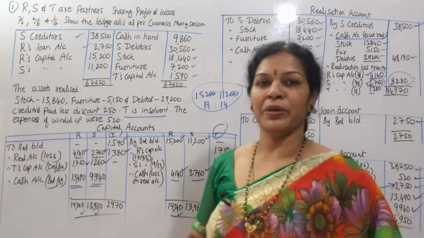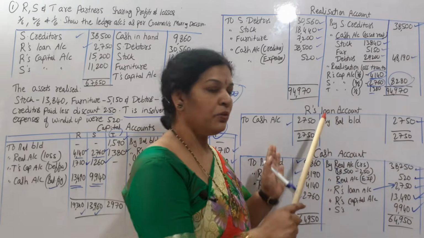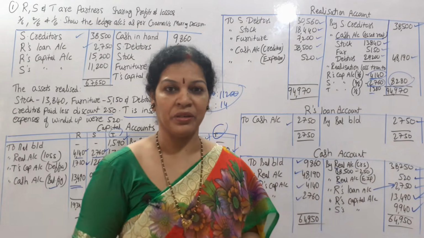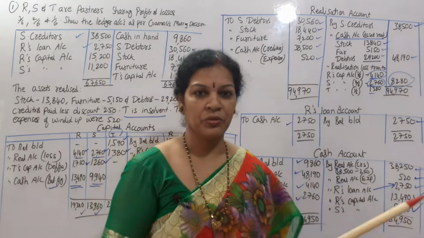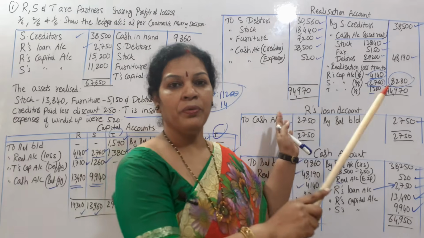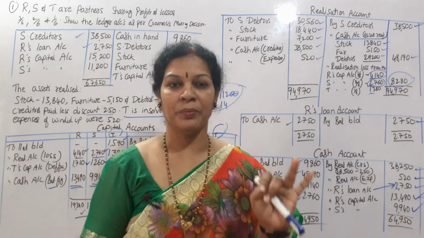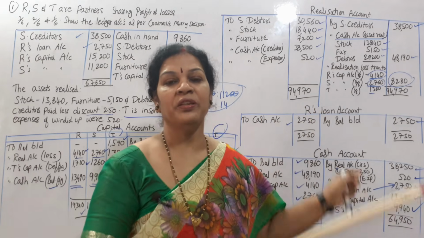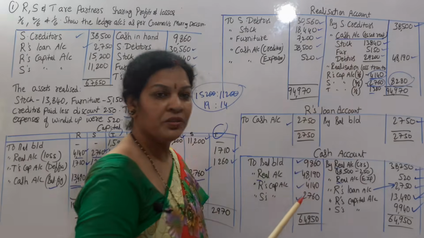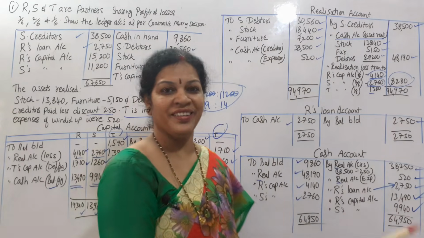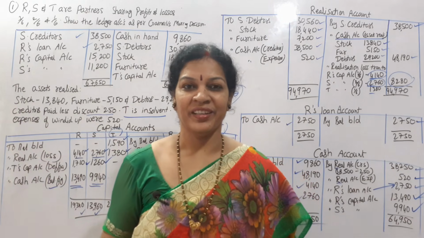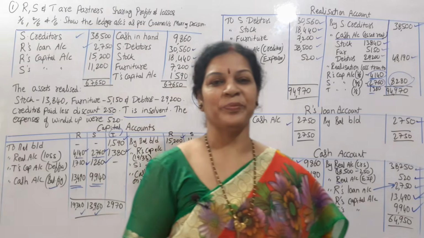Then after that we have opened the cash account. Before the cash account, Ars loan account. It's very simple. By balance brought down to cash we have written. Now coming to the cash account, simple. Wherever you find cash in the realization account, partners capital account and loan account, we are just transferring from credit to debit, debit to credit. And here also debit to credit, credit to debit. That's it. Simple. You have to practice.